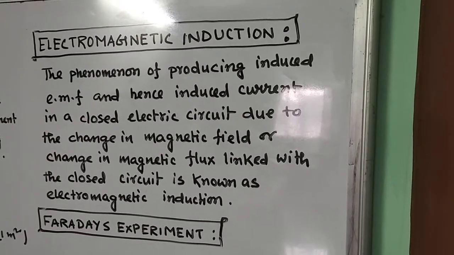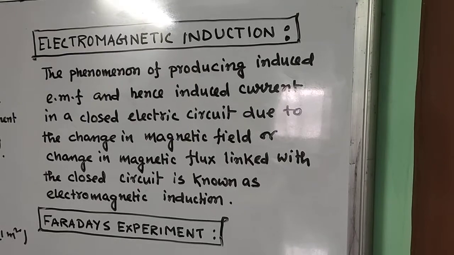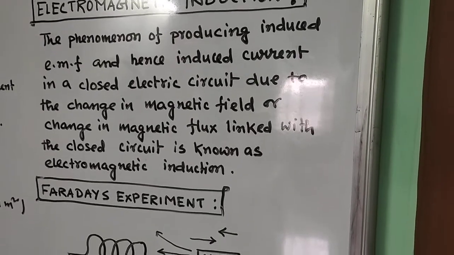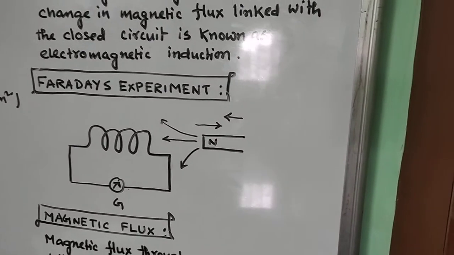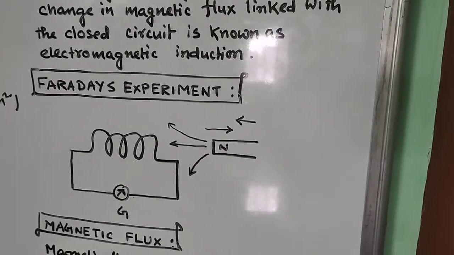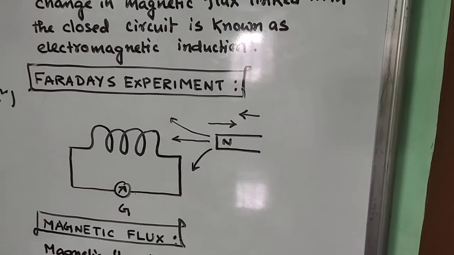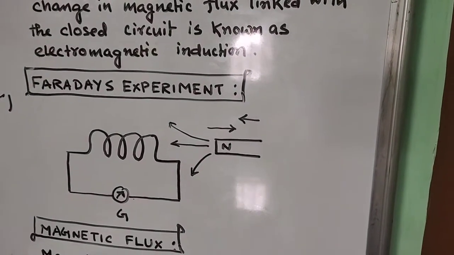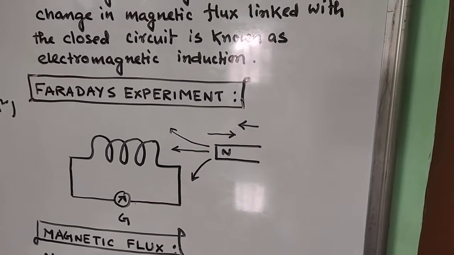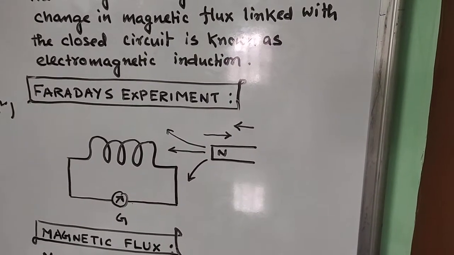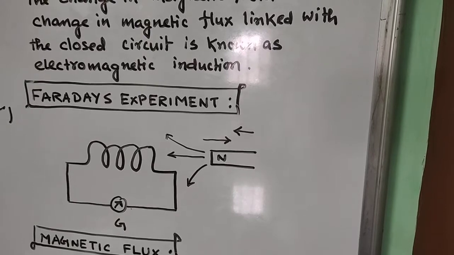More we are going to explain in our next topic, that is Faraday's experiment. In this experiment, you see you have a coil and a galvanometer. G is the galvanometer, and this is your closed circuit. Now you have a bar magnet. Pointing the north pole towards the coil, what we are doing is moving the north pole towards or away